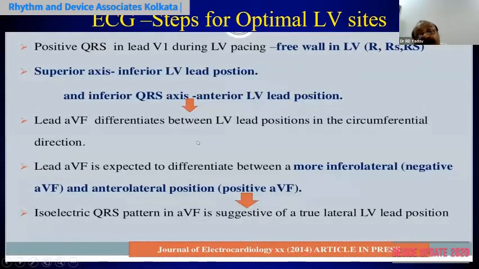Lead AVF differentiates the LV lead position in the circumferential direction. So lead AVF is expected to differentiate a more inferolateral position. If it is more inferolateral, AVF will be negative. If it is more anterolateral, meaning superior, then AVF will be positive. Isoelectric QRS pattern in AVF is suggestive of